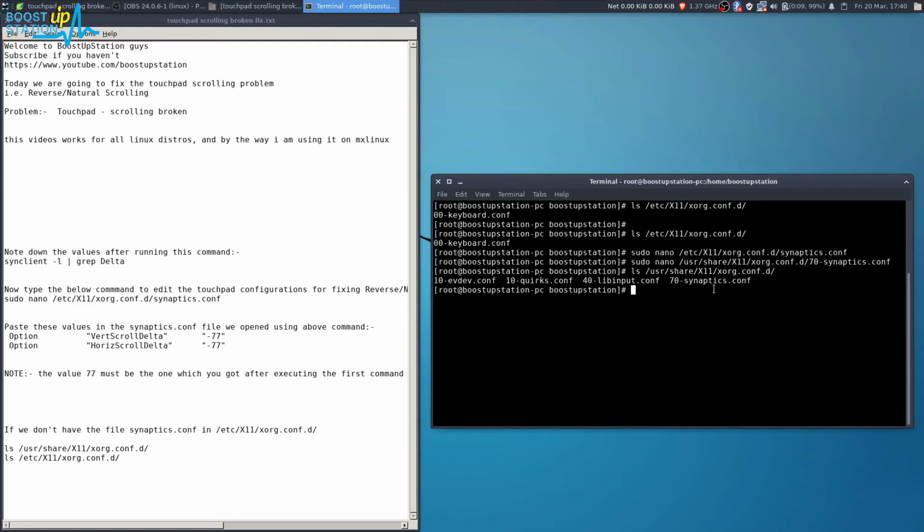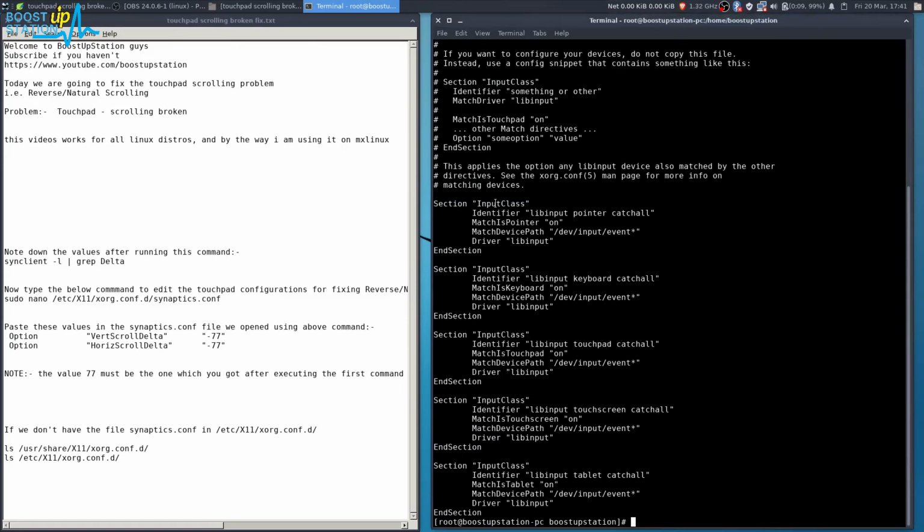Okay, this file. So let me show you firstly that if we had this file, so let's get the contents of this file. Now we are printing the characters of this file, press enter, and here you see, let's find libinput touchpad. Okay, so here it is, touchpad catch all and match is touchpad.